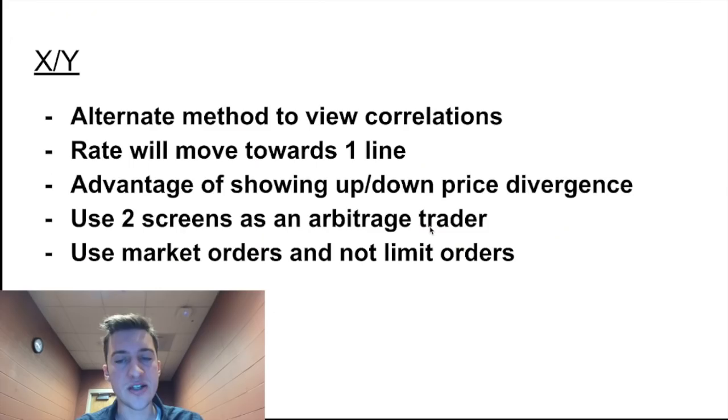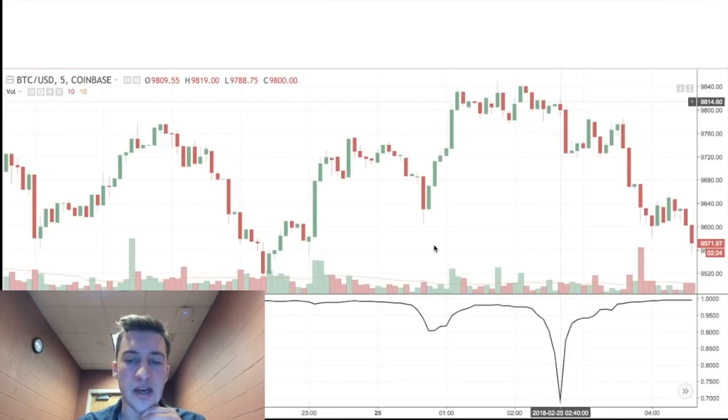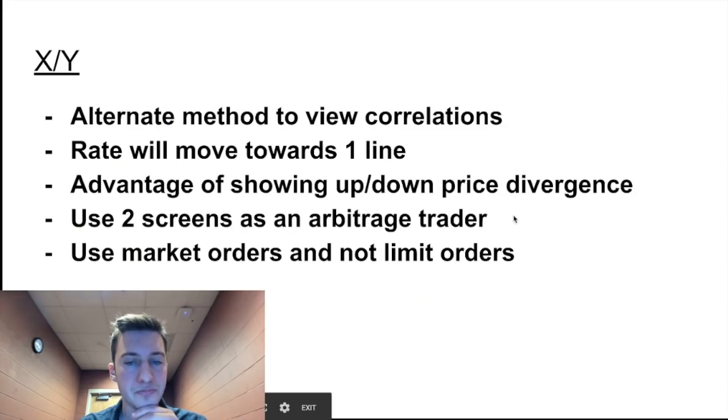However, there is one issue with the strategy that you might have noticed. The correlation coefficient does not tell you whether price went up or down. We do have a tool, though, that we can use to find whether price went up or down and still have correlation. So this is just what I like to call x divided by y.